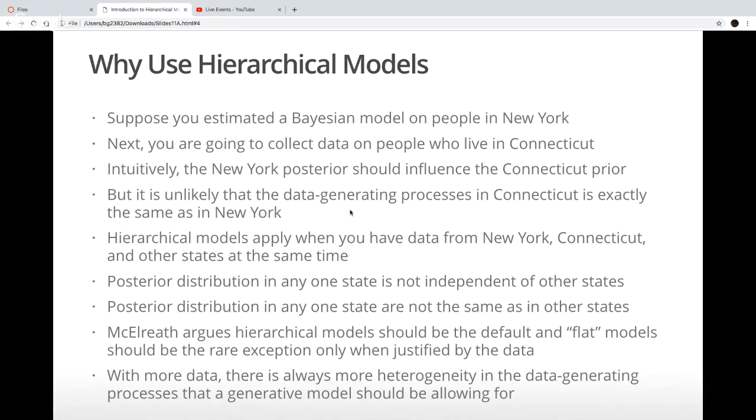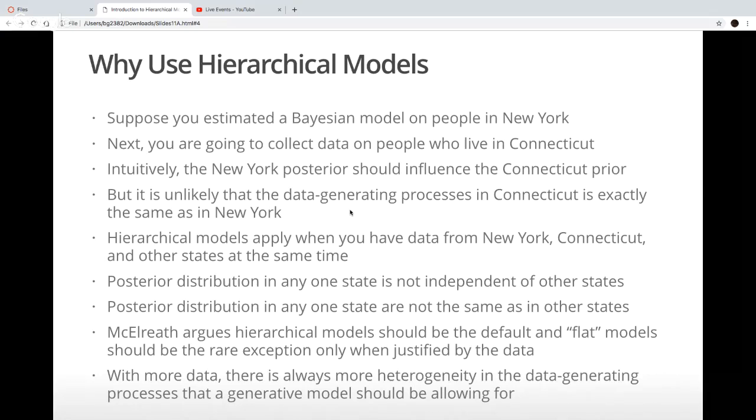But there's no overwhelming reason to think that the data generating process is going to be exactly the same in Connecticut as it was in New York. Why would the coefficients on the variables that you collect be exactly the same in two states, particularly if we're talking about something where state laws and regulations that may differ from one state to another are affecting the data generation process, like differences in tax law between New York and Connecticut, affecting the savings and the other life decisions and whatnot that people who live in those states